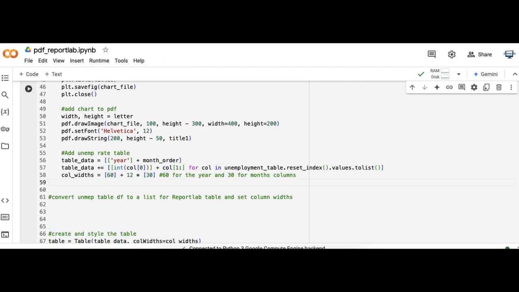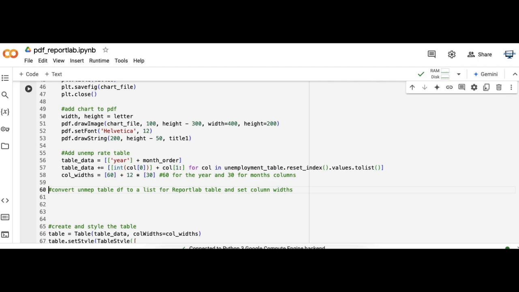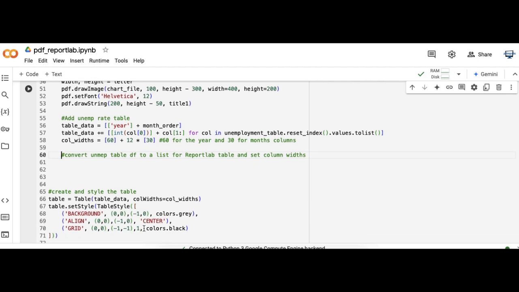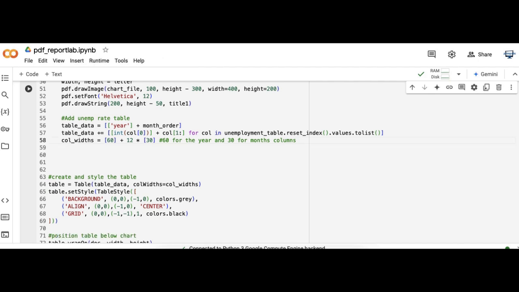I'm going to delete a third title. It's not necessary, or we replace it above. And this comment kind of goes to what we just did. So we just go ahead and delete some of these comments. And